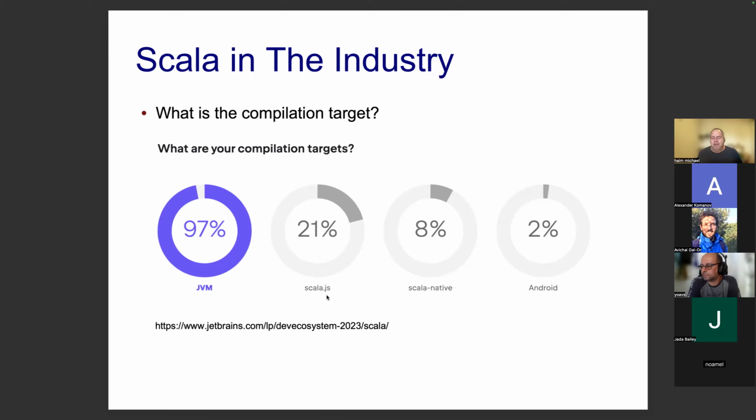Scala.js is a smaller version of Scala that allows you to code in Scala and compile the code into JavaScript. I don't use Scala.js. I don't see a reason for using Scala.js. We have TypeScript. TypeScript is an excellent programming language for coding and then compiling the code into JavaScript. I don't see a reason for even talking about Scala.js, but still it exists.